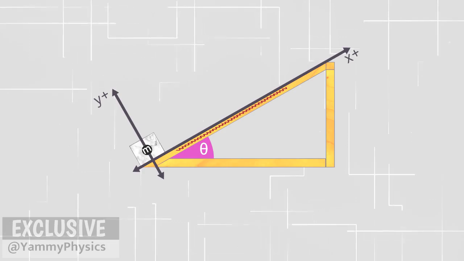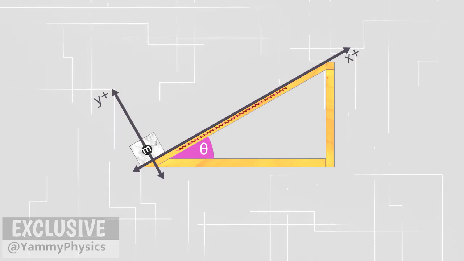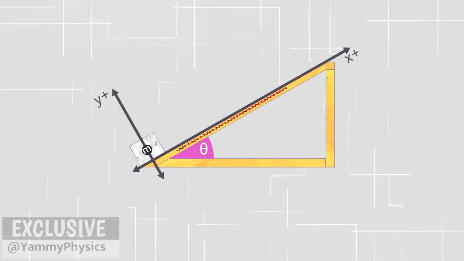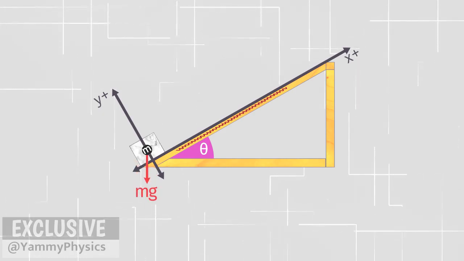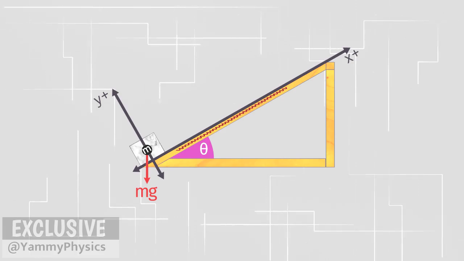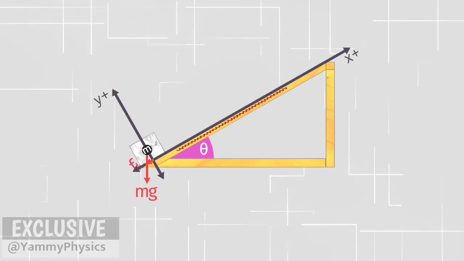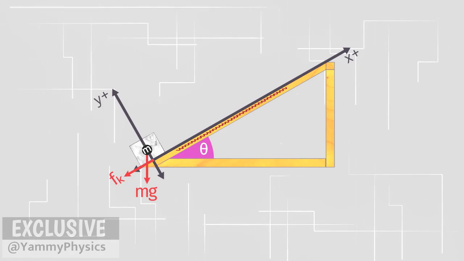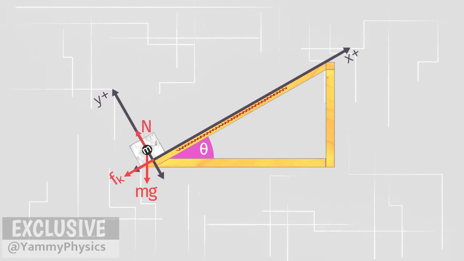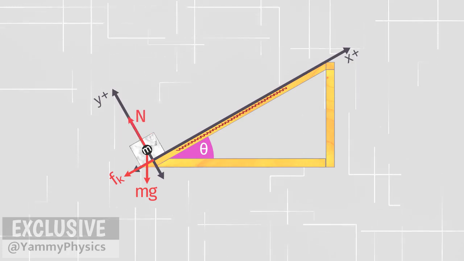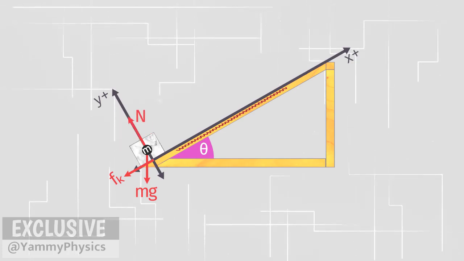As the brick moves, it gets some force. The downward force of gravity, due to the presence of the Earth's gravitational field. The friction force Fk, because the surface of the inclined plane is rough. And one more, the normal force N, because the brick does not penetrate the surface of the inclined plane.